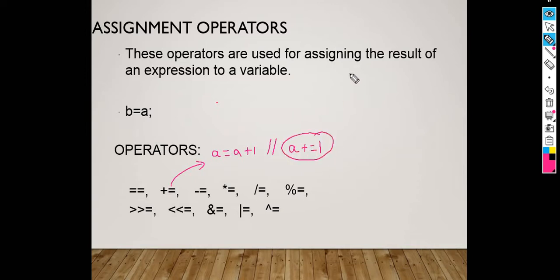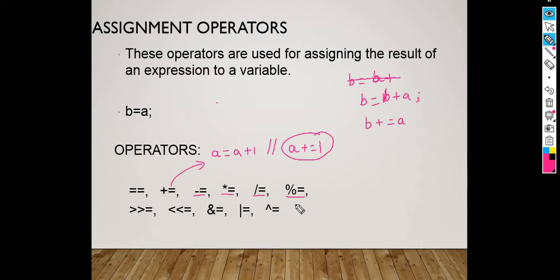If I want to write b is equal to b plus a, the shorter form for this is, I can write b plus equal to a, right? Same goes with minus equal to, multiply equal to, divide equal to, and mod equal to.